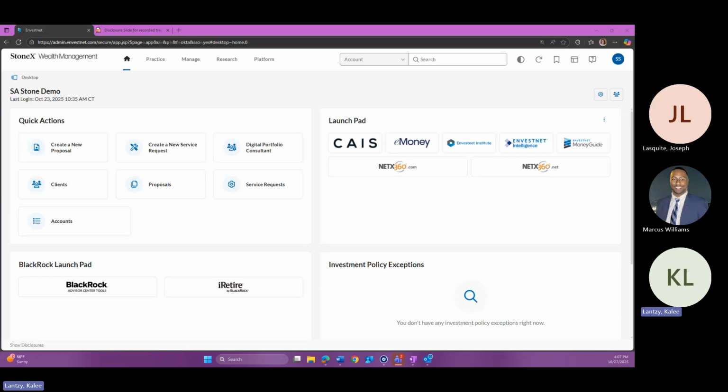To get started with that, I am sharing my screen here, and we are just in a demo environment today. So in the event you see something you don't normally see, please do just keep in mind that we are in that demo environment. From the desktop here, there are a few ways to begin navigating to that harvest service